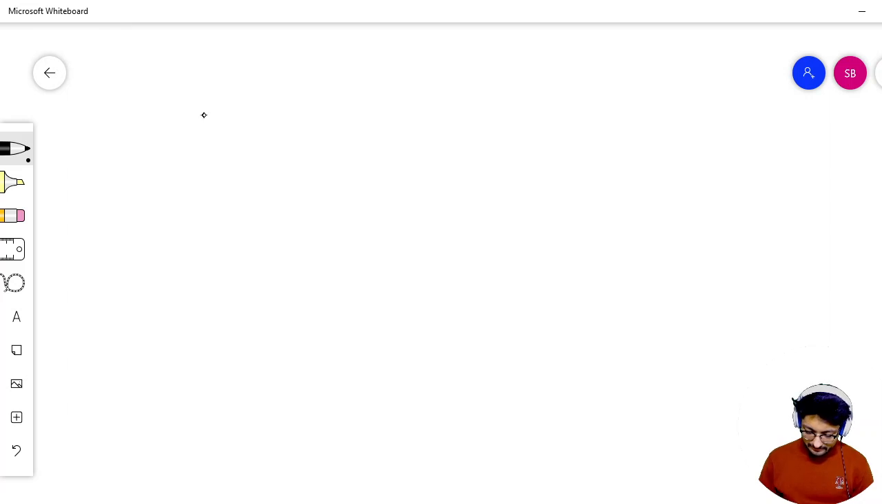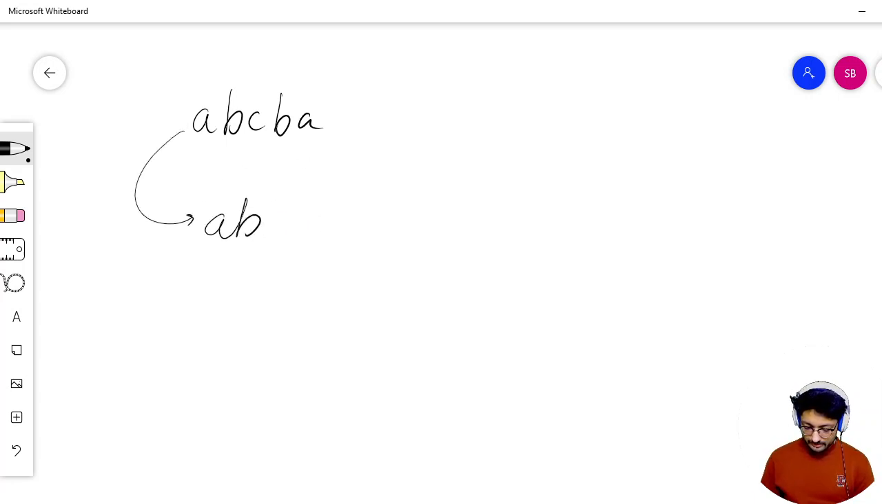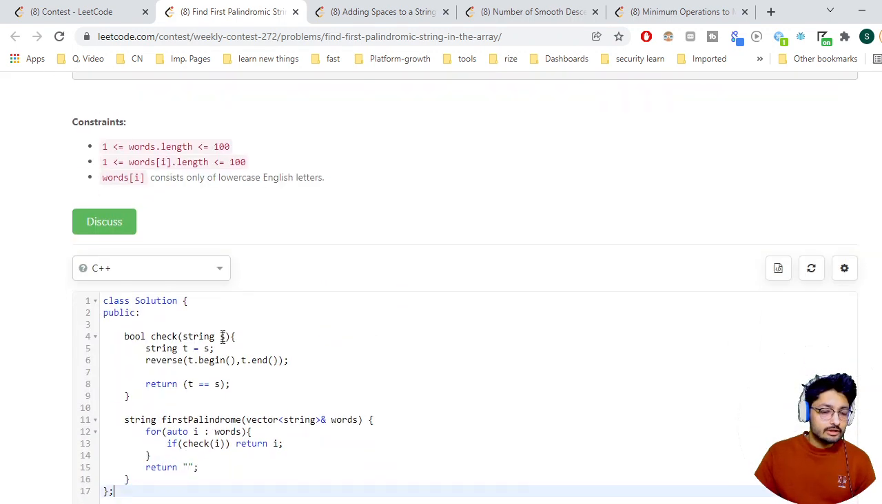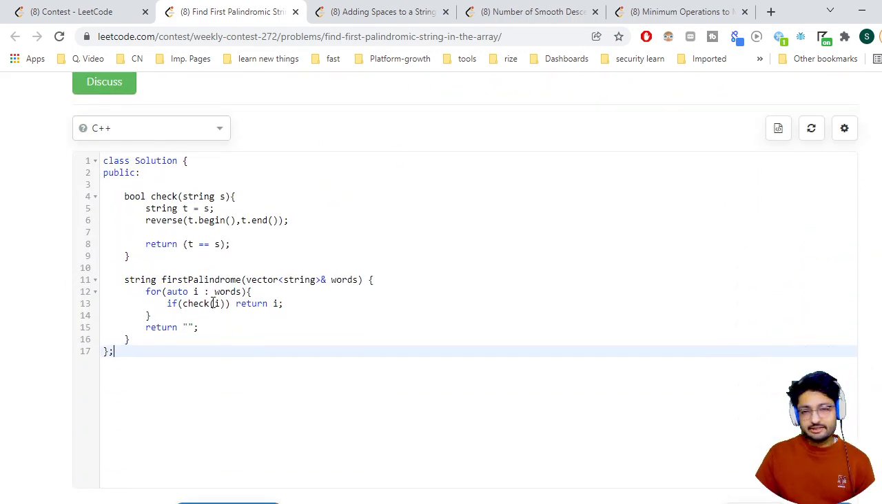Even in simple terms, if I have a string like this, a b c b a, and I reverse this string, reverse means that I just write it from the back, a b c b a, both the strings should be the same. And if they match, the answer is that it is a palindromic string, you just print it out. Nothing too difficult. As you can see, this is just iterating over all the words in the array you have,